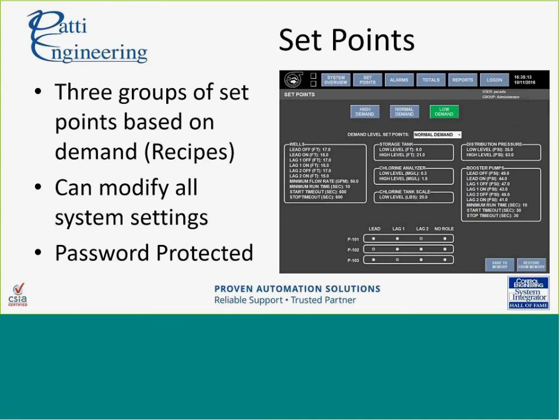The set points, like I said before, a lot of their previous set points were hard-coded and they were stuck with the roles that the pumps were defined as originally. So they actually set up 3 different recipes based off of demand of water. So they can change the mode across the top as well as select each recipe and change the set points for each of those